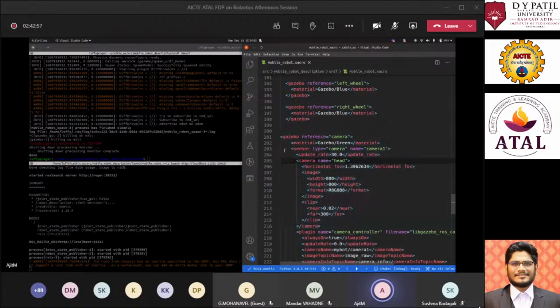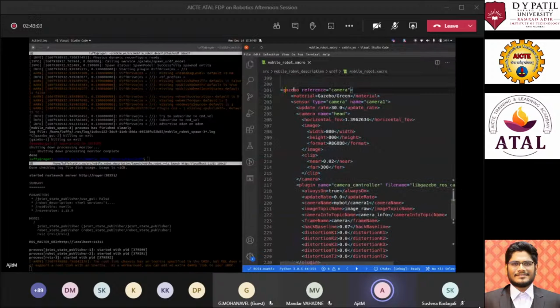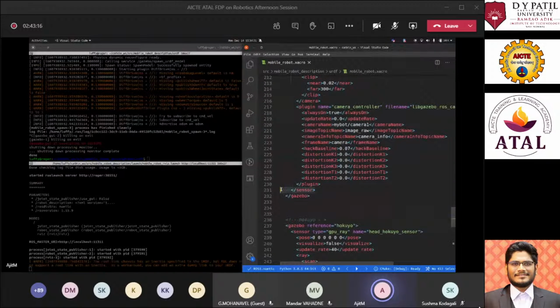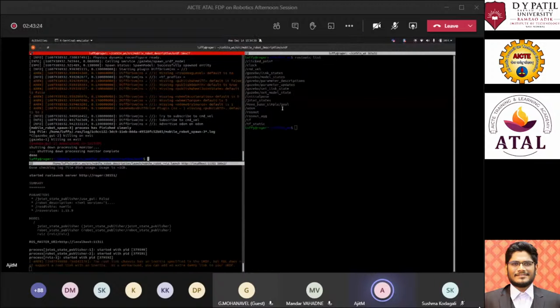So when you're defining any sensor, this is how you do it. You start with the gazebo tag, you give it a reference name, you provide it a material, and you define that it is a sensor. For that, you use the sensor tag that spans till the last line over here. Under the sensor tag, you have the update rate, which is the hertz, how many hertz the data is getting published.